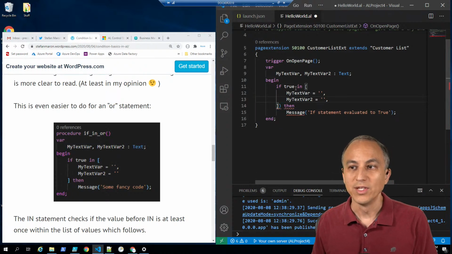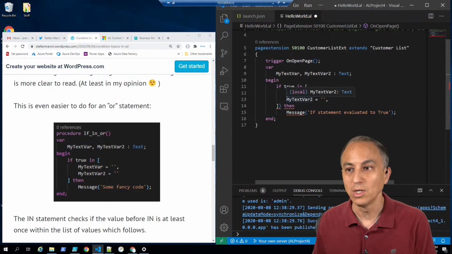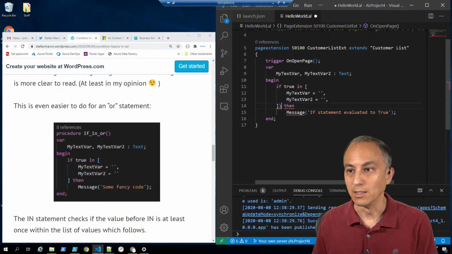And so this is kind of like a SQL in statement. So if you have a true in these evaluations, so this evaluates to true or this evaluates to true, if either of those evaluate to true, then it passes the condition. And let me get rid of that parentheses. So if true in any of these scenarios, this or this,